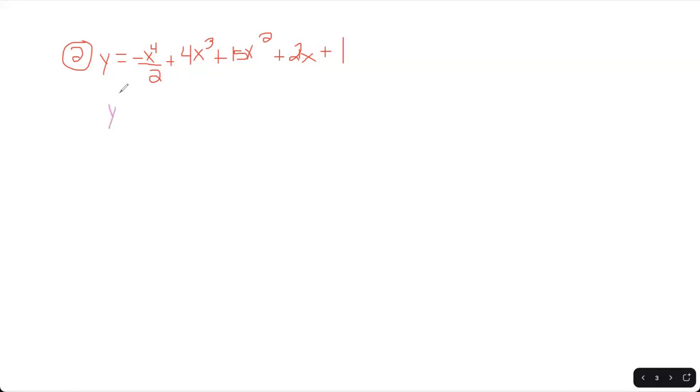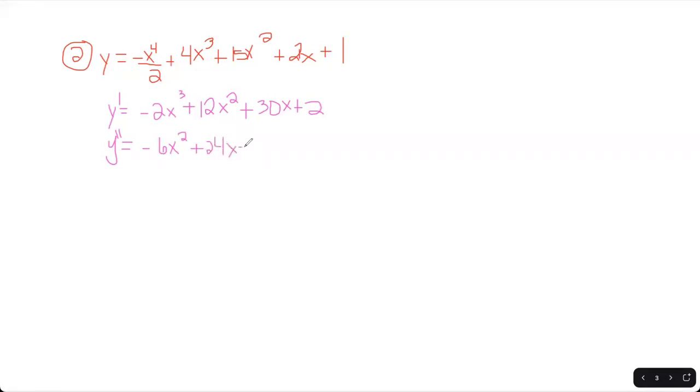So the first derivative is going to be, if I multiply this here, negative 4x over 2, which is negative 2x to the 3rd, plus 12x squared, plus 30x, plus 2. Okay, let's keep going. I've got to find the second derivative now. So my second derivative is going to give me negative 6x squared plus 24x